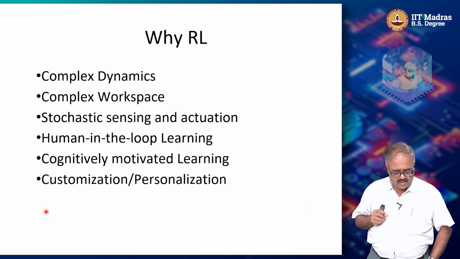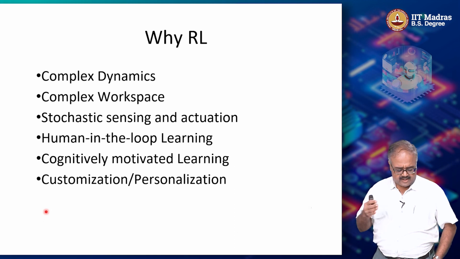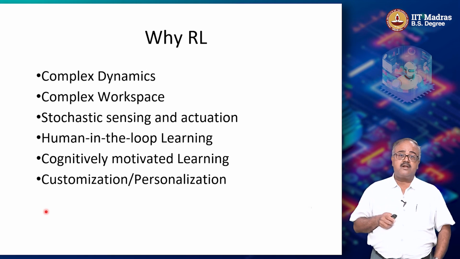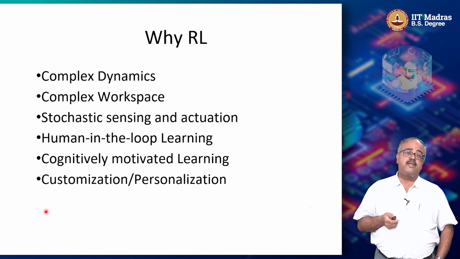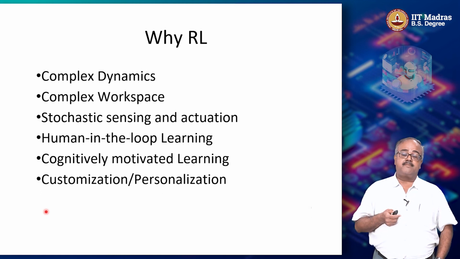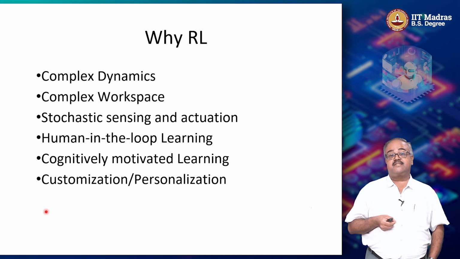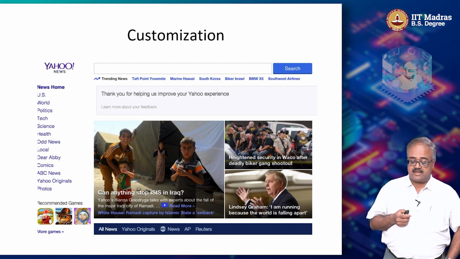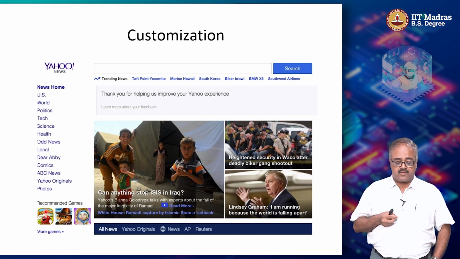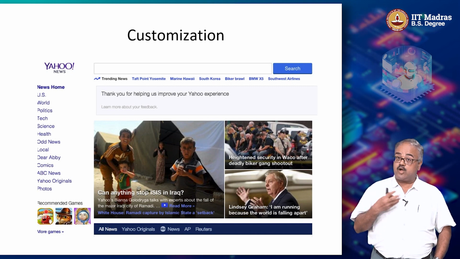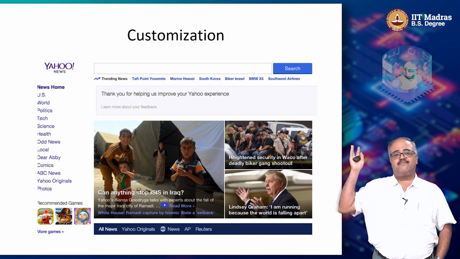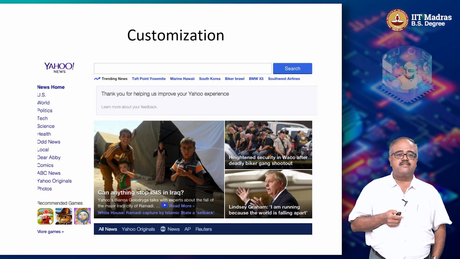And finally, at least in this set, and then I have a couple more after this which are slightly more nuanced applications, I want to talk about one place where reinforcement learning is also being used in the industry and in other places extensively. That is the problem of customization or personalization. So what do I mean by that? Here is a customization page. This is a snapshot from Yahoo News from a few years back, as you can see from the kind of stories that are here.